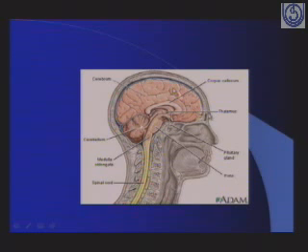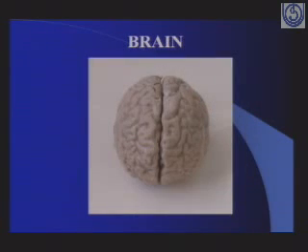If you see again in this diagram, the outer layer is your skull and this is your brain. There are different parts of the brain, and continuous with the brain is your spinal cord. The main function of the skull is to give protection to the brain and other structures within it. So this is what a brain looks like.